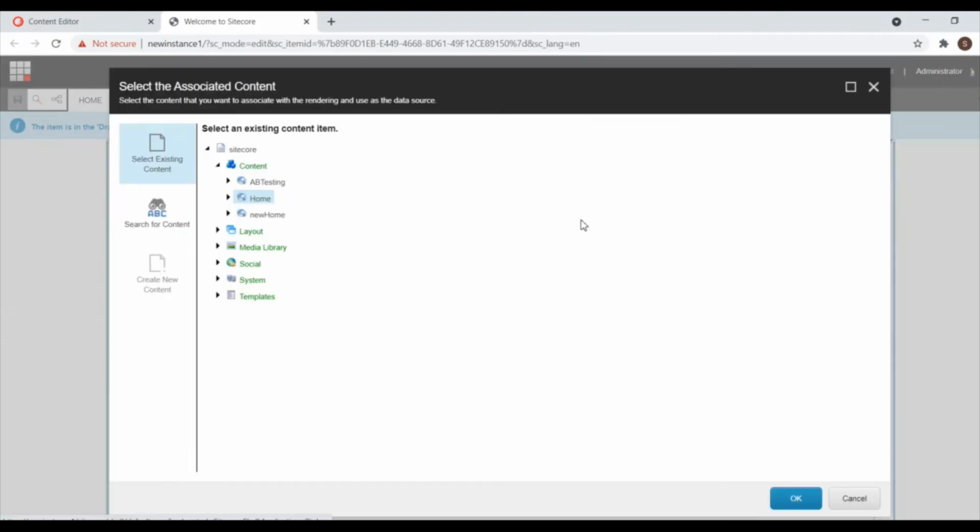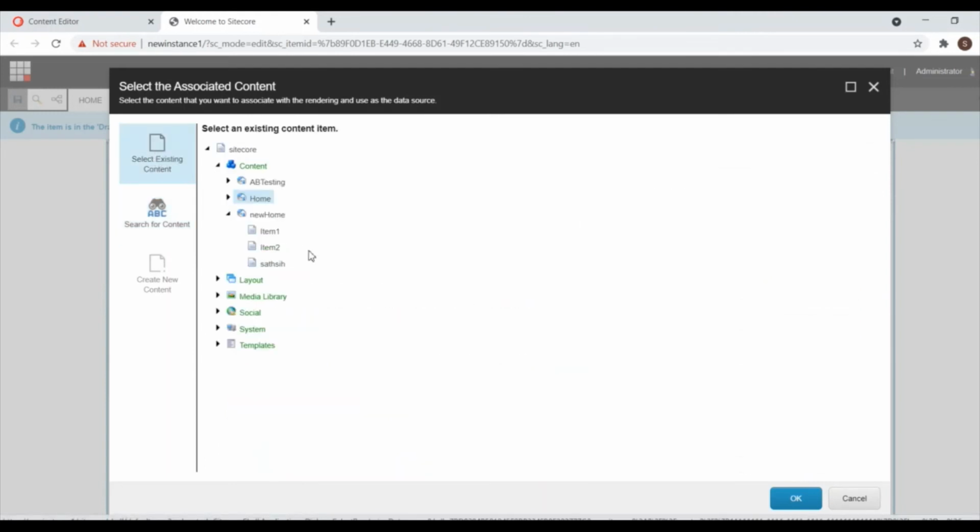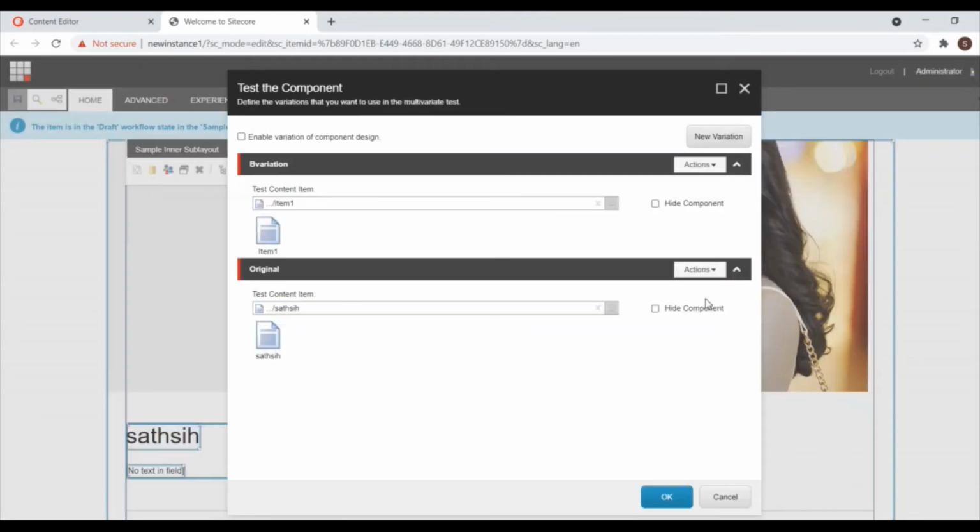Okay, I'm selecting this variation, data source.